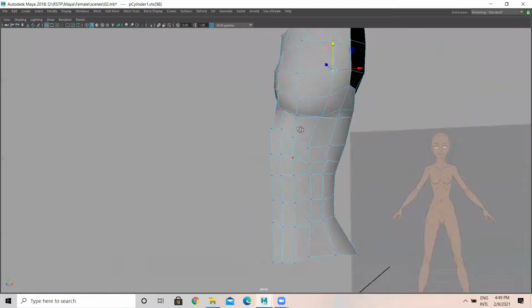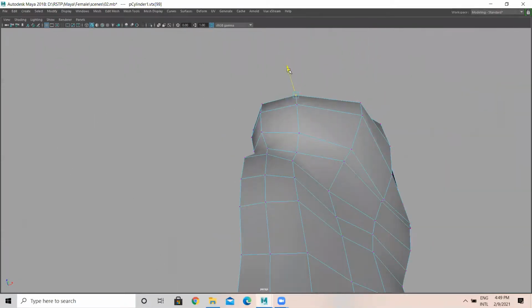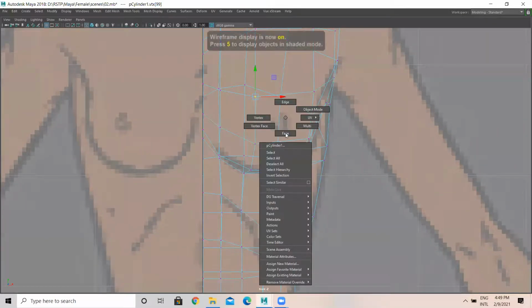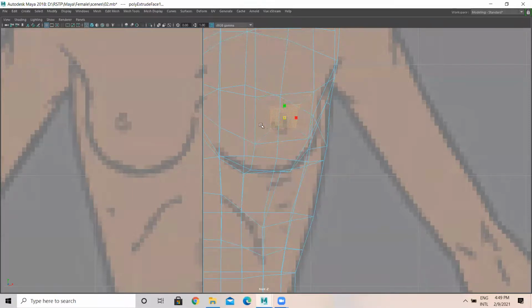Okay, fine. This is what it refers to, like this. Then later, I'm just selecting this face. I extrude this, make it smaller, bring it up to here.